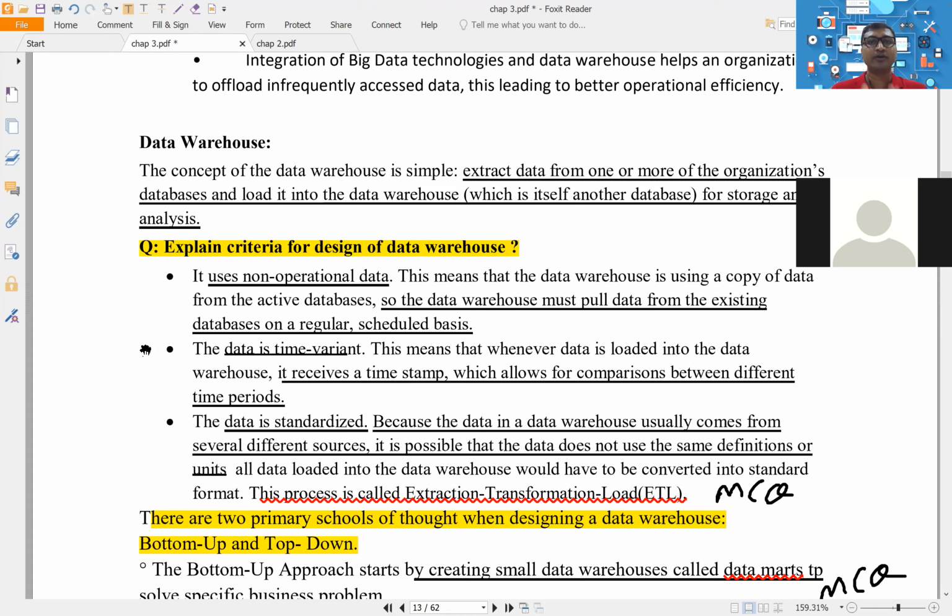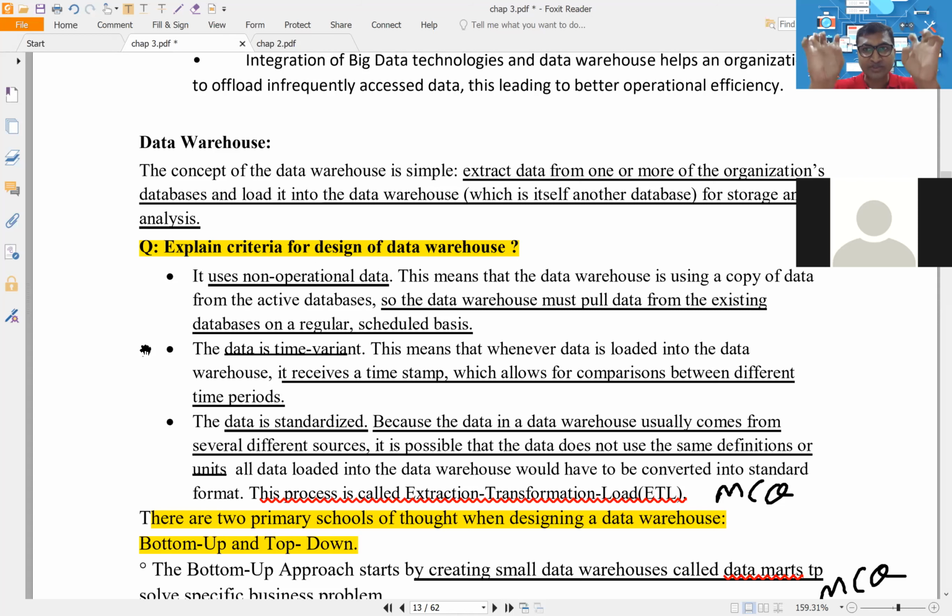So I told you what they have done: they have created state-wise databases like Maharashtra, Gujarat, MP, Rajasthan, Tamil Nadu, Karnataka, something like this. Okay, and then they store data state-wise, but their head office is in Mumbai. Head office doesn't want all the data; they only want important data. So see that diagram and see that process.